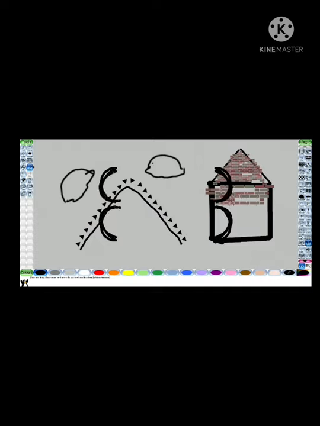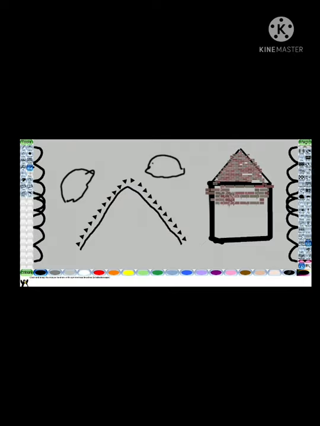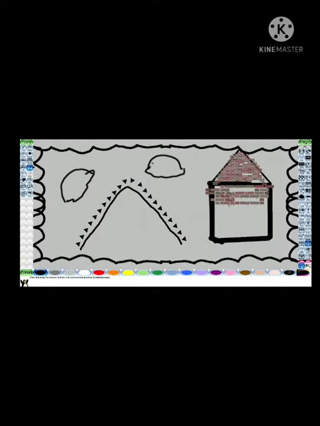So select the bricks effect in the selector, then click on the canvas and drag the mouse keeping the left mouse button pressed. Release the button when it is done. It will give you a sound. In Tux Paint there will be sounds, so it will be interesting to draw. Okay, try using it. And now see here, I am doing different effects. You can use these effects in your drawing. Try using different effects in your drawing.